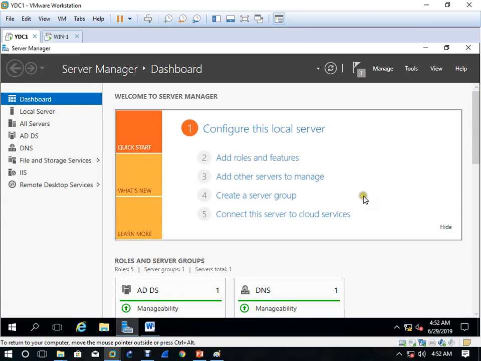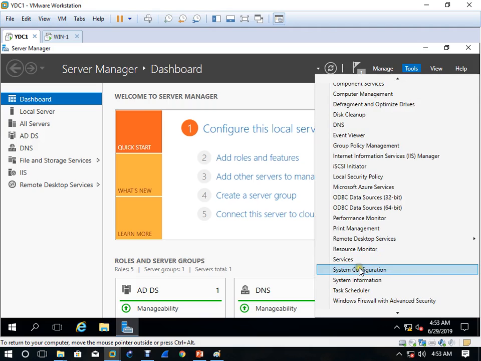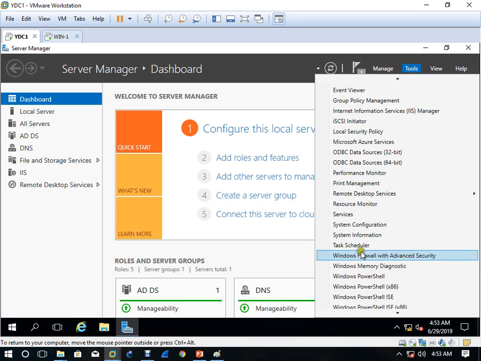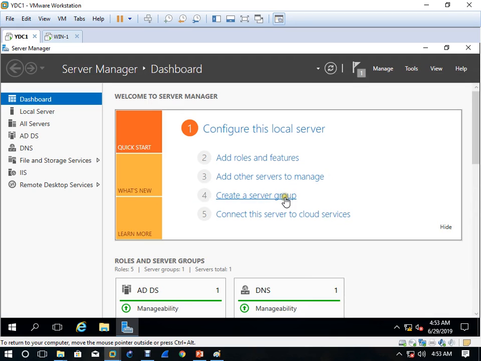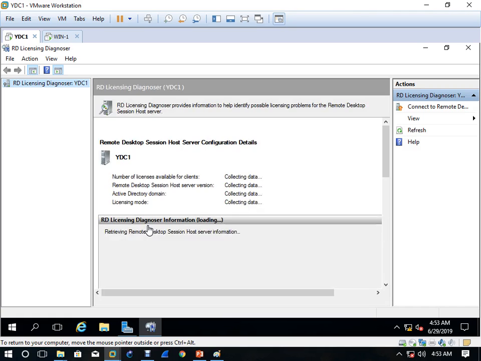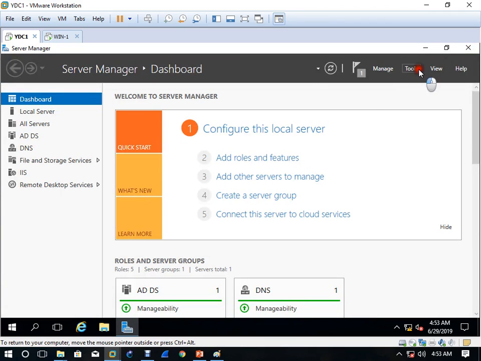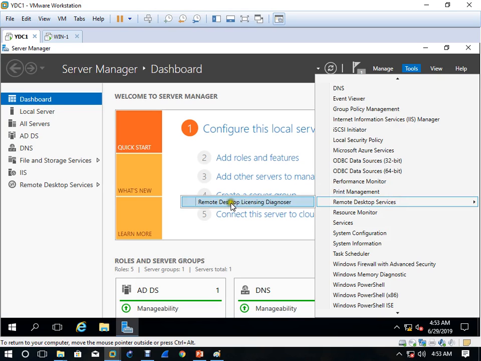Now come to your server manager. Then click on tools, and if you come down, click on remote desktop services, then remote desktop license diagnoser.